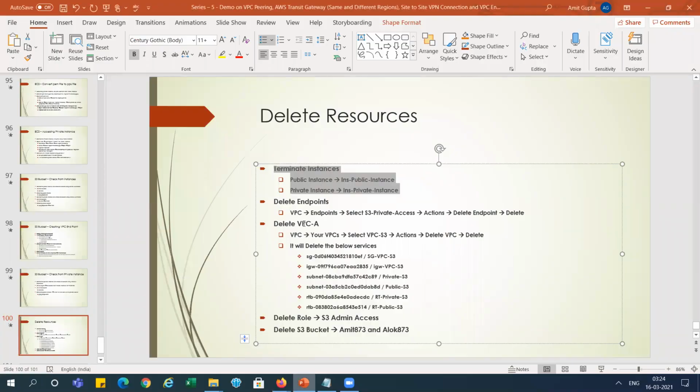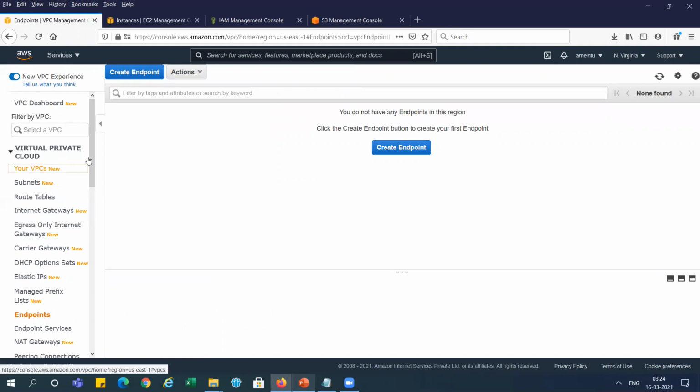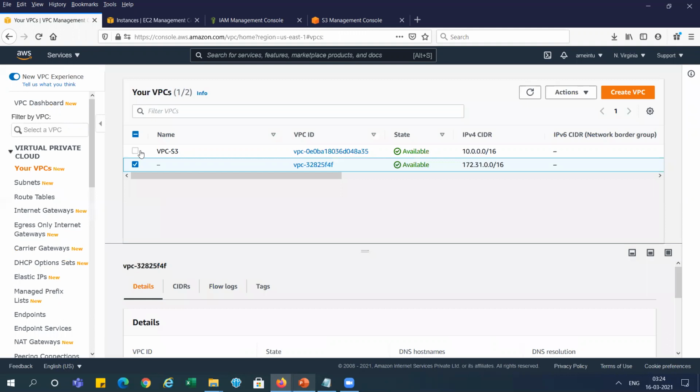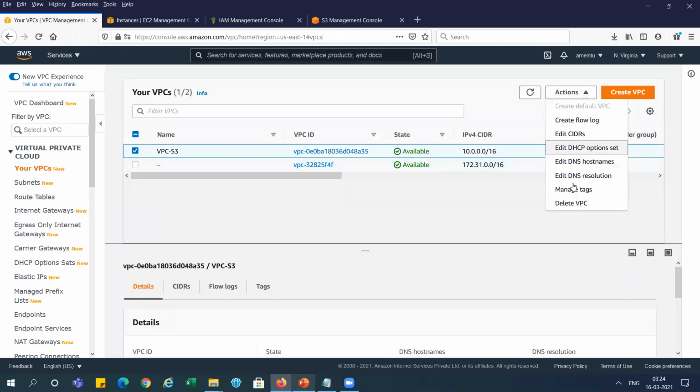After that, we can go and delete the VPC. Just check whether we are able to delete this VPC or not, because the instance is still not fully deleted. So go ahead and delete this VPC, right?